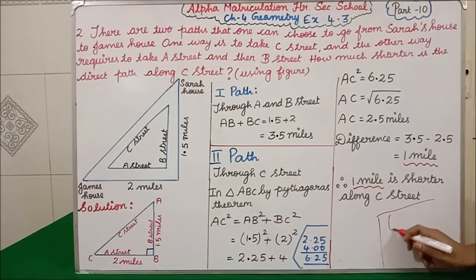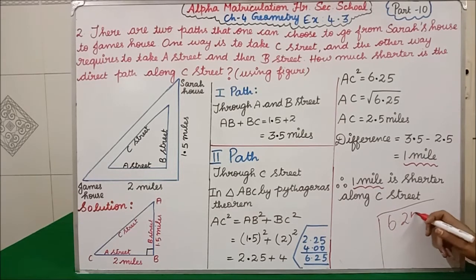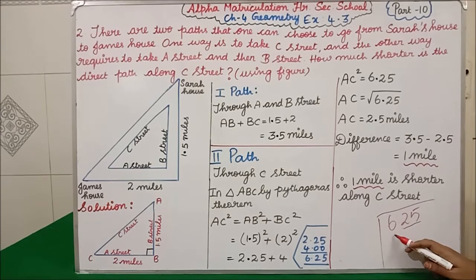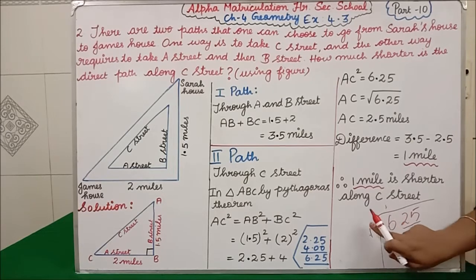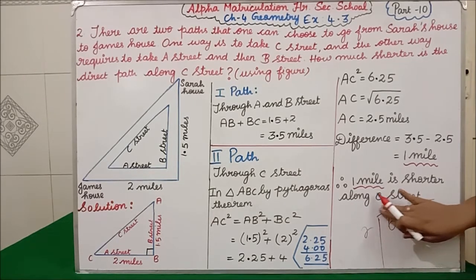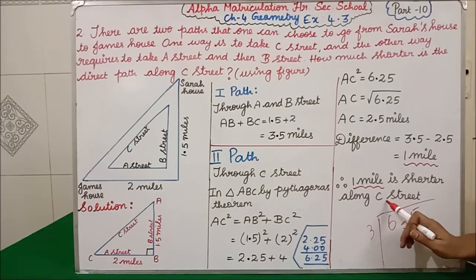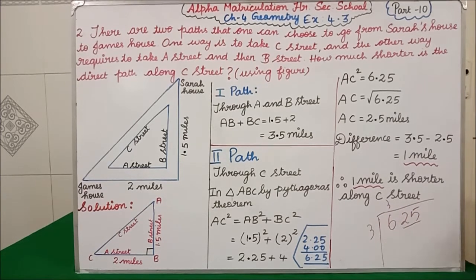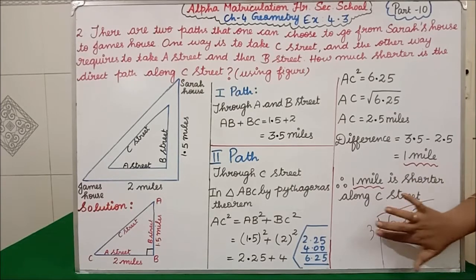See here, 6.25 is there. Okay, in doing square root you have to group from the last two numbers. Here only one number is there. What number you are writing here, the same number you have to write here also. Clear? So if I write 1, 1, 1 ones are 1. It is very small. So then we will go for 2, 2. 2 twos are 4. But still less, then we will go for 3, 3. 3 threes are 9. It is exceeding.